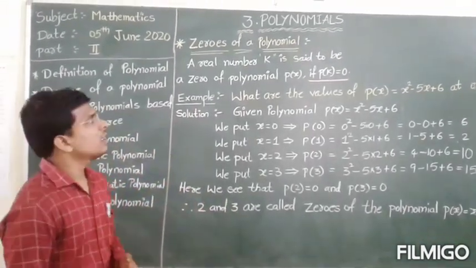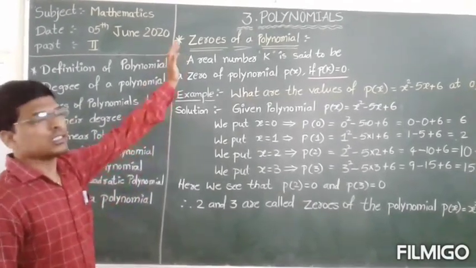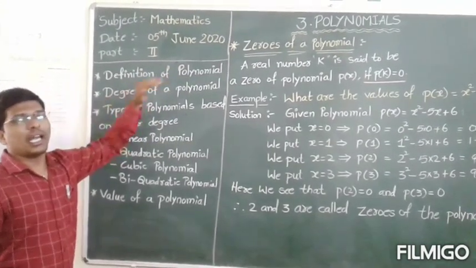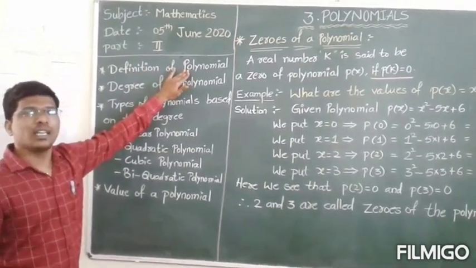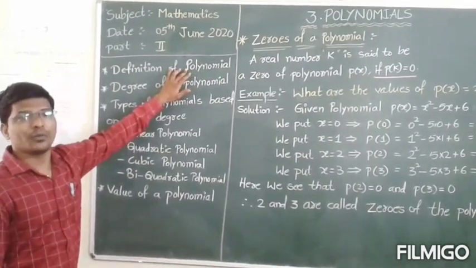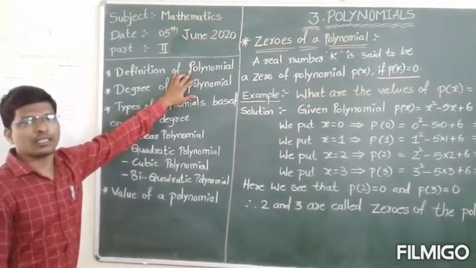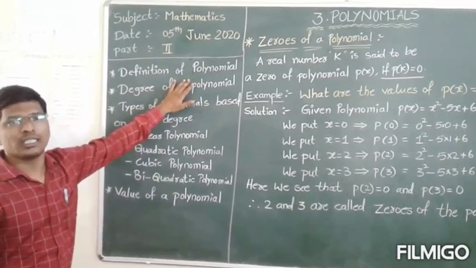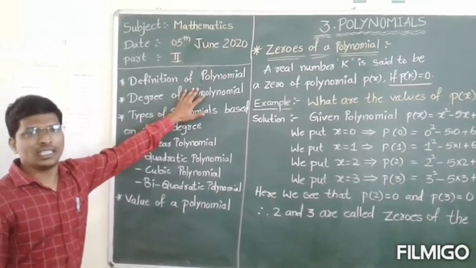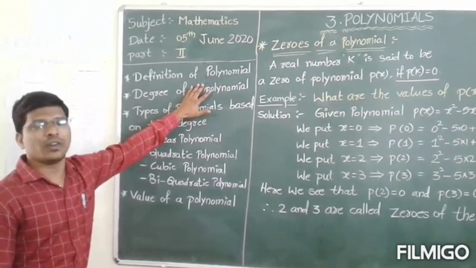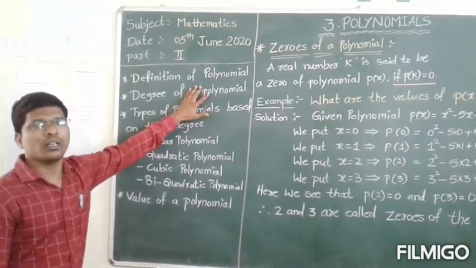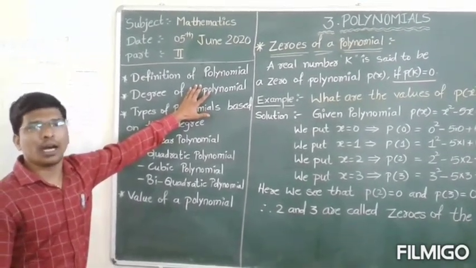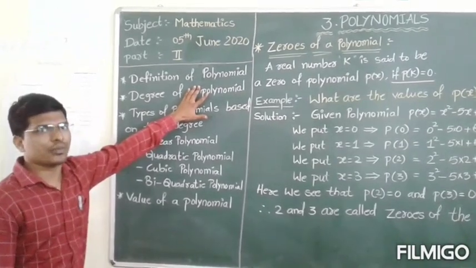So, coming to our lesson. In the previous class we learned polynomials. What is meant by a polynomial? An algebraic expression consisting of variables with non-negative integral powers is called a polynomial. That means every power should be positive only, and integers. Do you know integers? Positive integers 1, 2, 3, 4 and so on. No negative integers, no rational numbers. Only positive integral numbers.